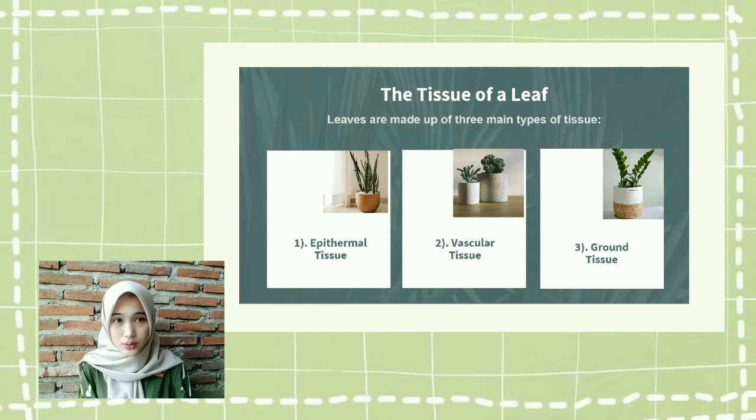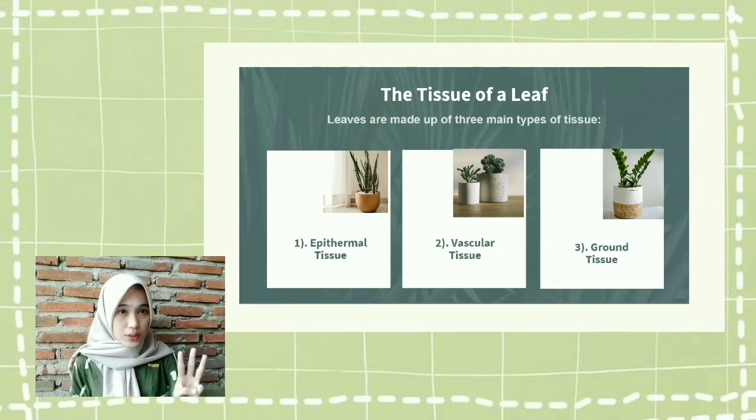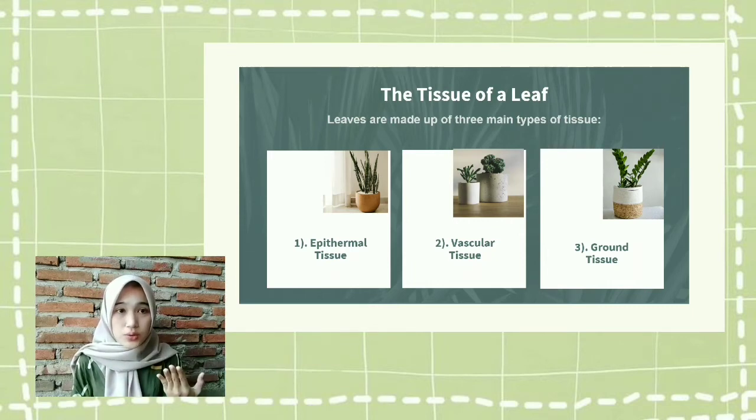Next, vascular tissue. This tissue is also called vascular bundles and serves as the main channel for the transportation of nutrients needed in vital plant processes. 3. Ground tissue. Ground tissue in a plant is the tissue that fills most of the plant's life. Its main function is to replenish biomass, carry out various physiological functions, and support and give shape to the plant body.